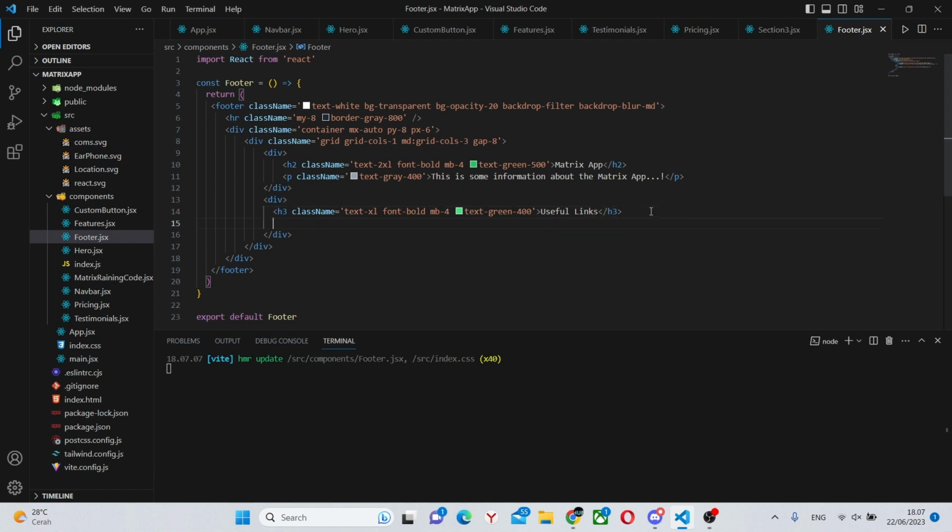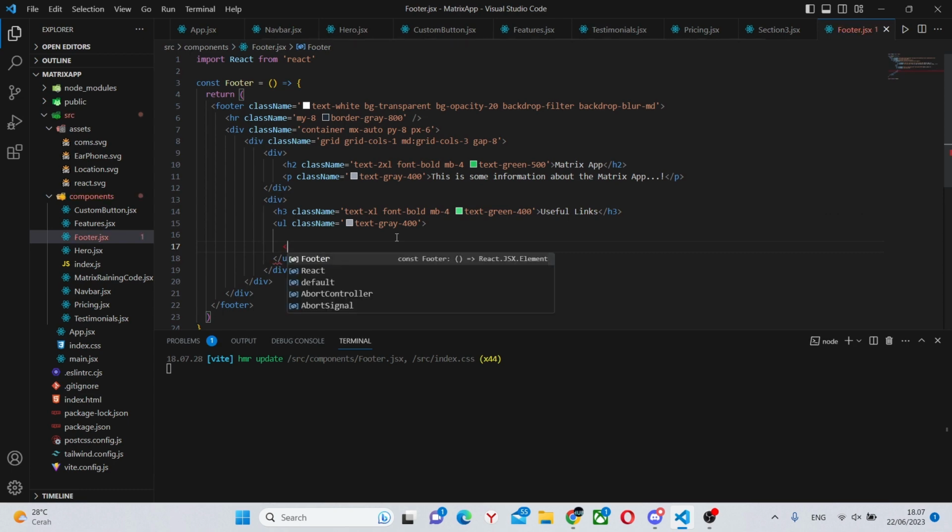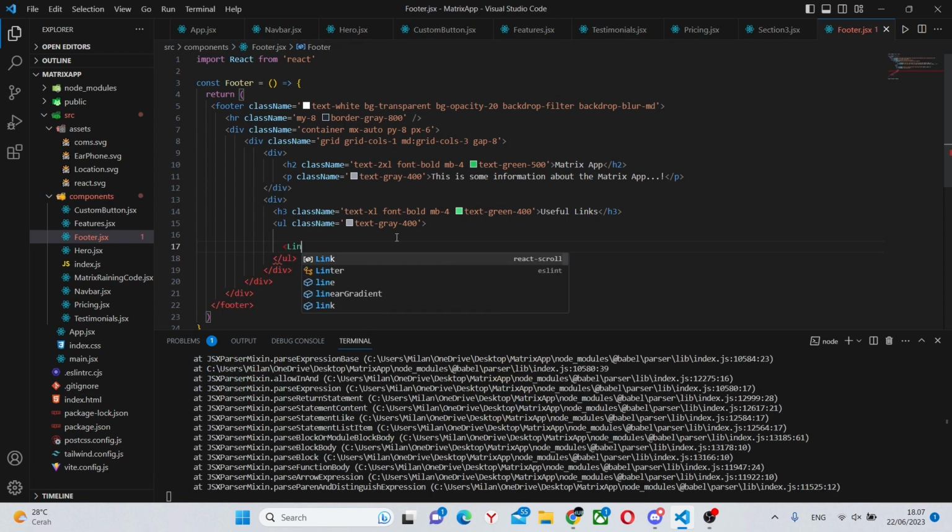Under it we'll have a UL, which will have a class name of text-gray-400. The LIs are basically going to be our links. So we can have a link.